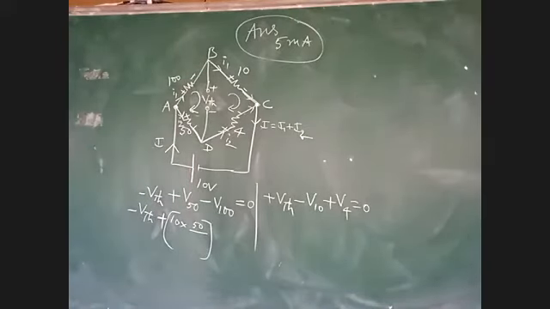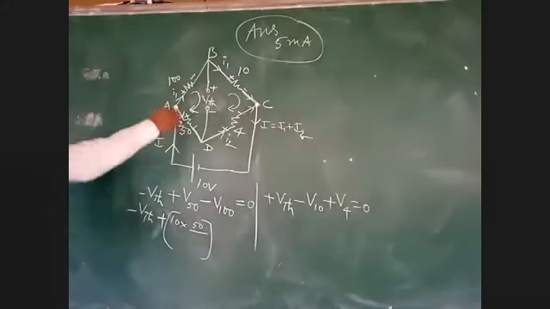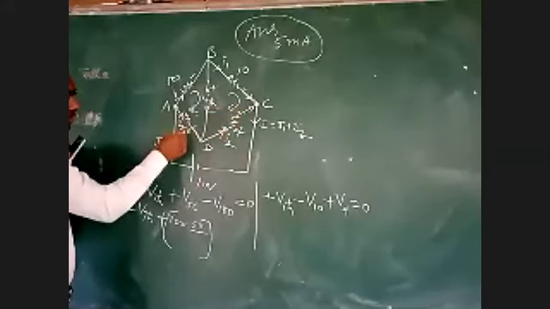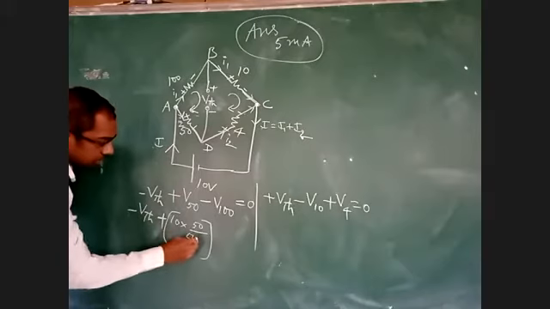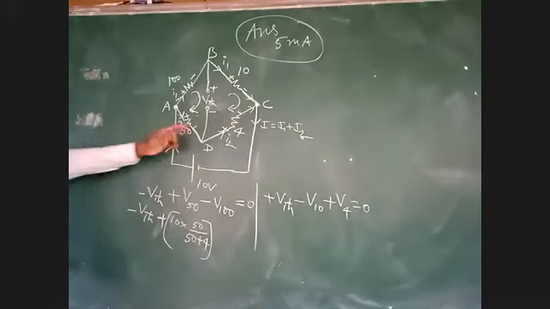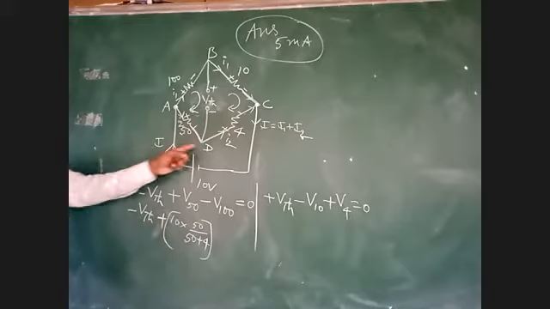What is the series connection for 50? 4 ohms. 50 and 4 are in series, so here I can apply the voltage divider. For this 50, the series is because current is not dividing. 50 plus 4. Voltage in 50 ohms is equal to total voltage into same branch resistance by total resistance of this series connection.